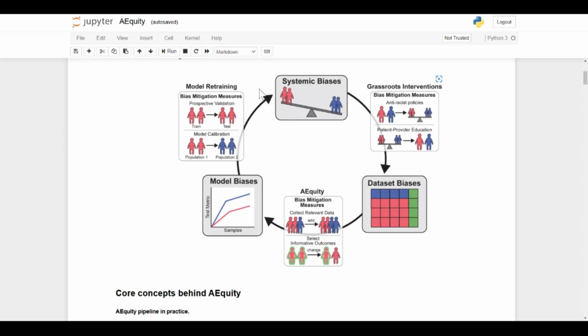the system. There are already methods to focus on model biases, such as model retraining via prospective validation and model calibration, and there are methods that focus on systemic biases, such as grassroots interventions like anti-racist policies and patient-provider education. What AEQ focuses on is this core principle of garbage in, garbage out. This means that AEQ will focus on detecting biases at the dataset level and then suggesting additional bias mitigation measures such as collecting relevant data and selecting more informative outcomes in order to mitigate these biases before model training even